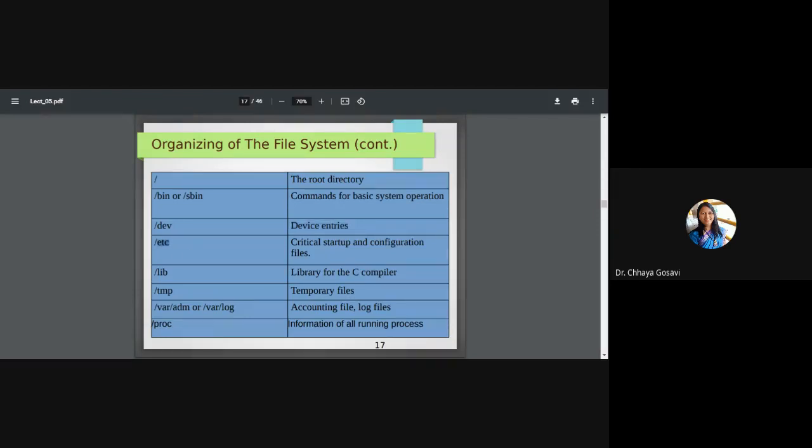The etc directory is used for critical startup and configuration files. The lib directory is a library for the C compiler and other compilers. The tmp directory stores all temporary files generated during execution. Then we have var admin or var log, which are accounting files or log files. Then slash proc holds information about running processes.